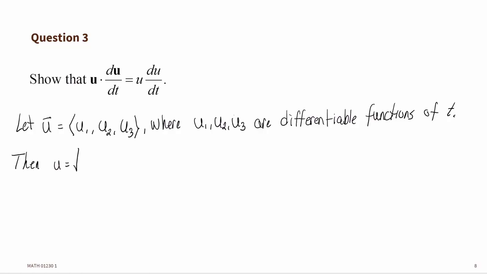Then the magnitude of u is the square root of u1 squared plus u2 squared plus u3 squared, which means if we take its derivative,